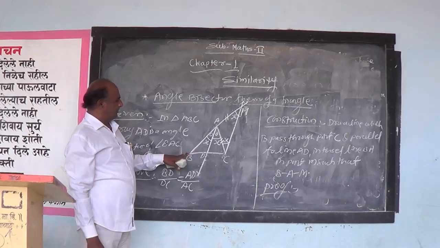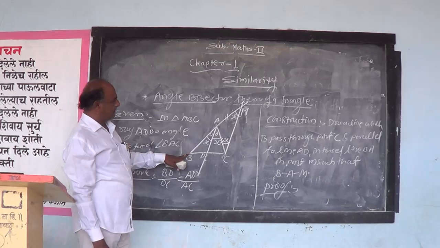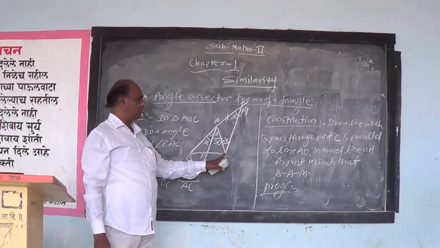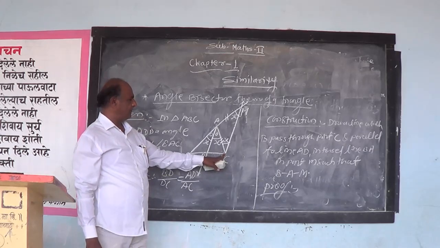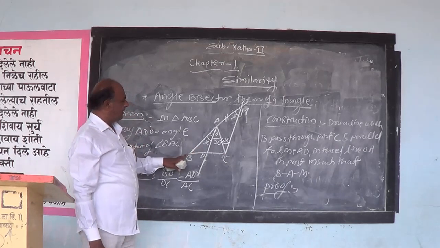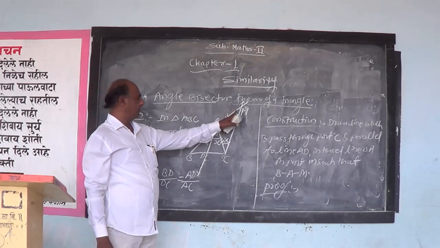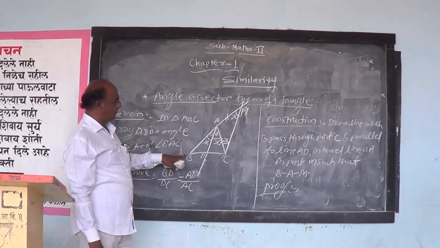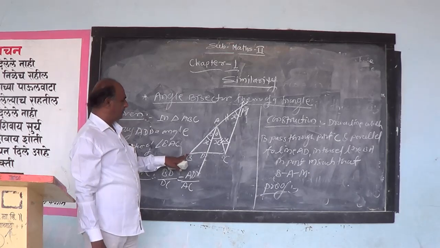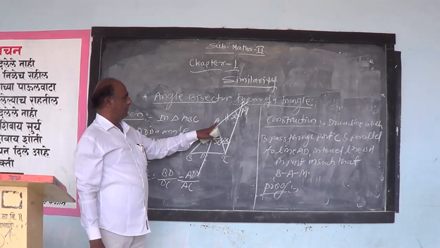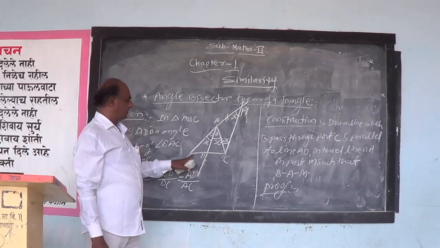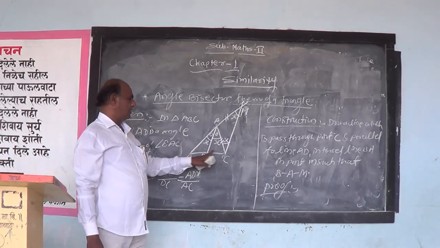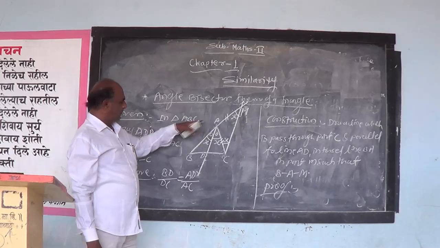And then another relation we get is AM congruent to AC. We have proved this statement. Then we put the value of AM as AC in the given relation. Then lastly we get BA upon AC is equal to BD upon DC, or BD upon DC is equal to